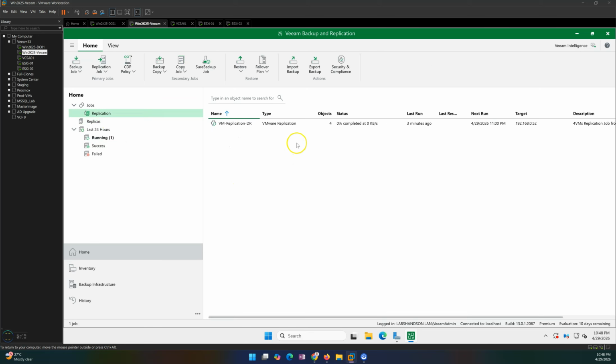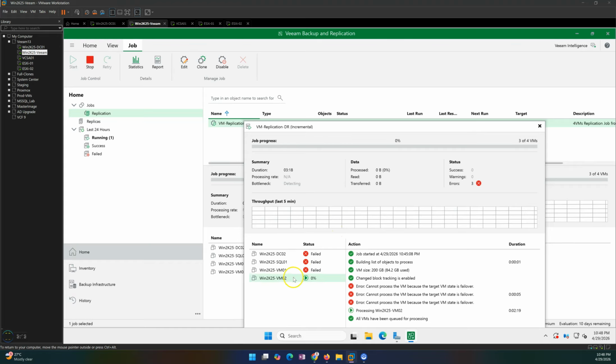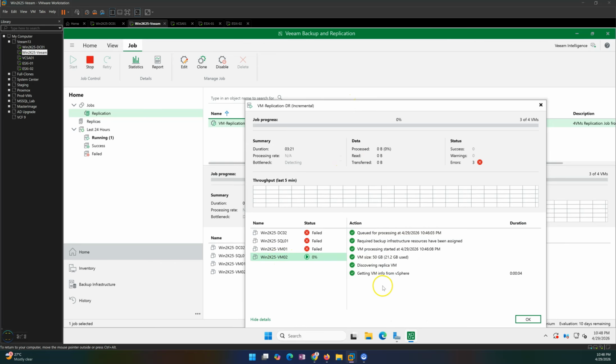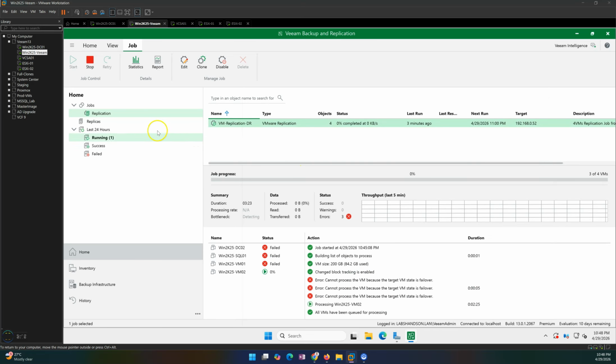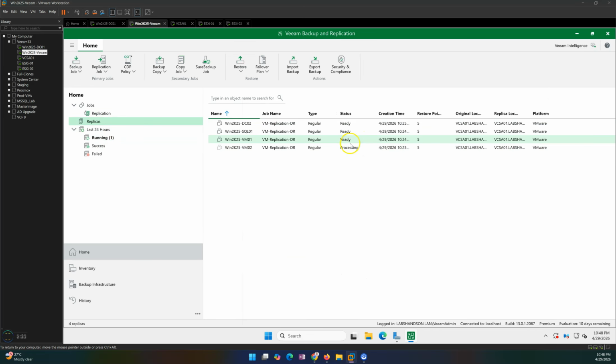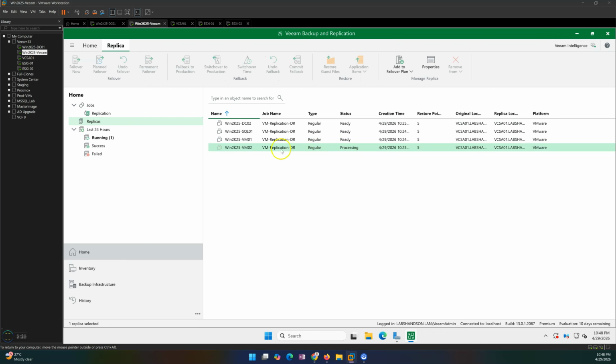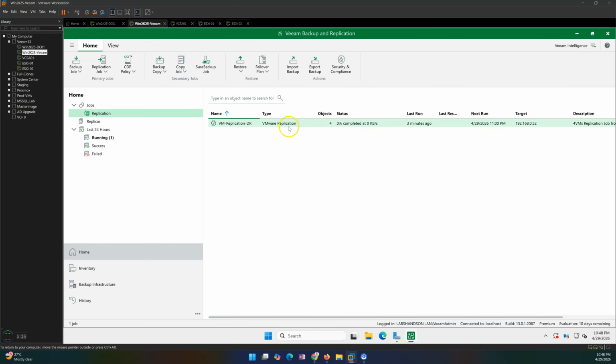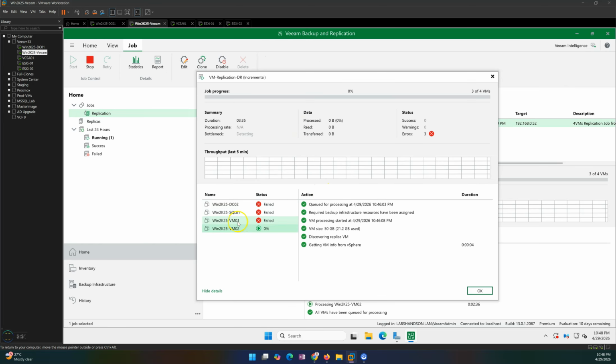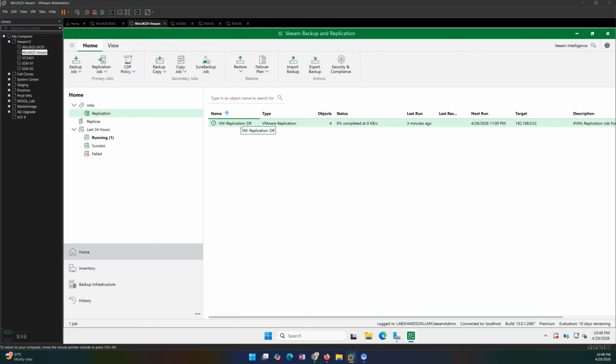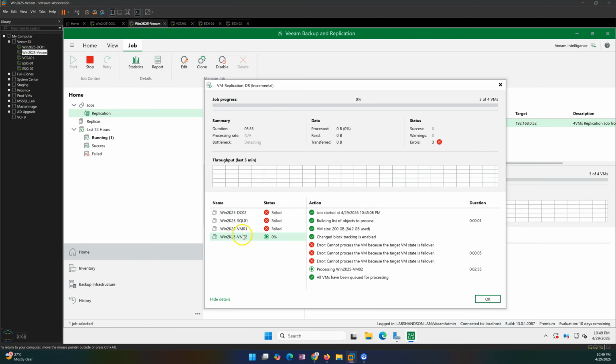Okay, so this is why, because there is a replication job going on, and you can see here this is under creation of the snapshot. So this virtual machine is currently processing for replication, so that's why. Once this is done, I'll go ahead and make sure my replication is working perfectly fine. This is one of the most important things to check post failover and failback. You need to make sure your replication does not break after performing the failover and failback, so just wait for some time and let's validate for this virtual machine,